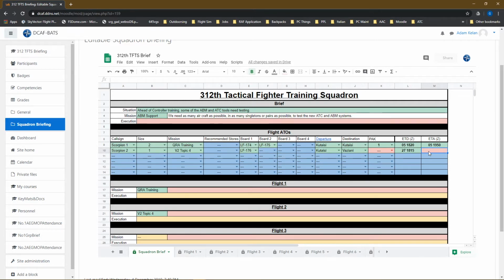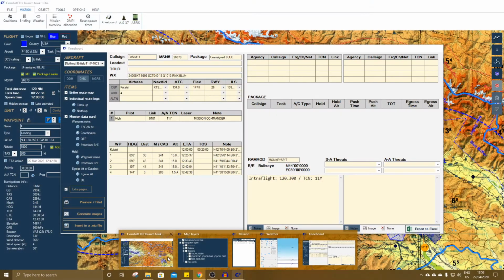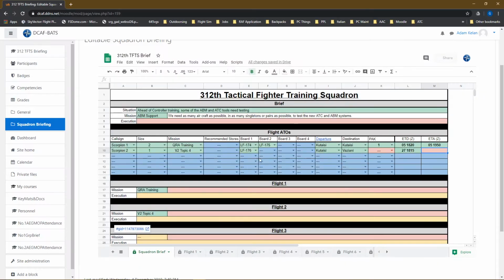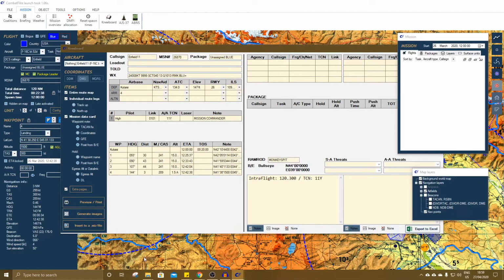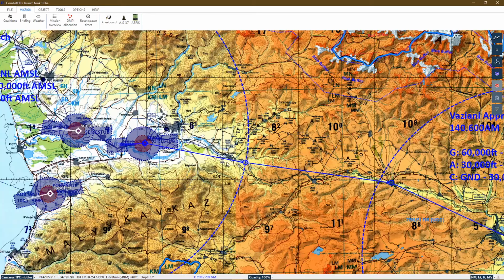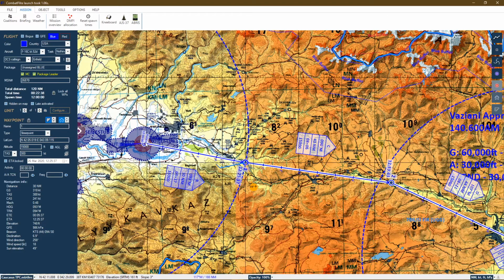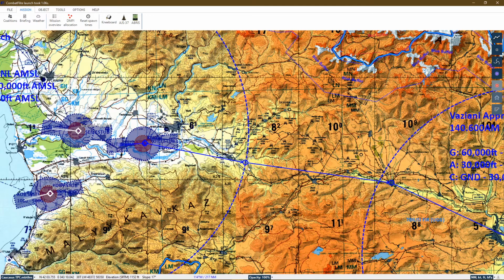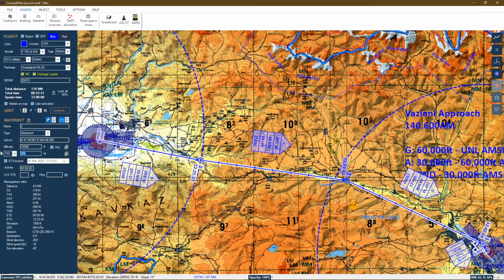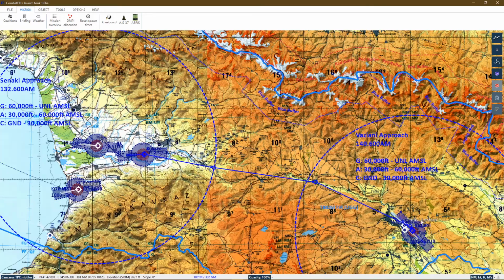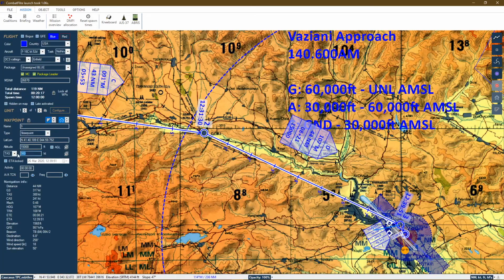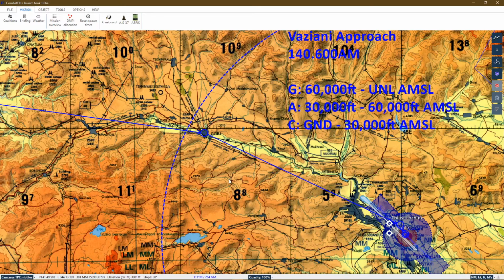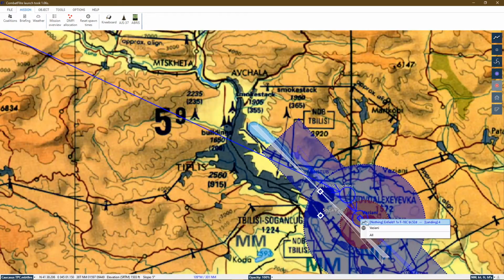Now we need to go back in the flight and we need to have a look at CombatFlite, and this is where it's really important in CombatFlite that we get the speeds right. So you always want to make sure that your speeds are right at every single point. So our speed here is 300 knots. We're going to change that to 250 because we can't do more than that inside the mats. Here we're going to leave that 300 knots because that will average out. Probably going to go up to 420 knots on this leg, and then here our average speed is probably going to be about 400 knots because we will be joining initial, and then obviously for the final one we're probably going to do about